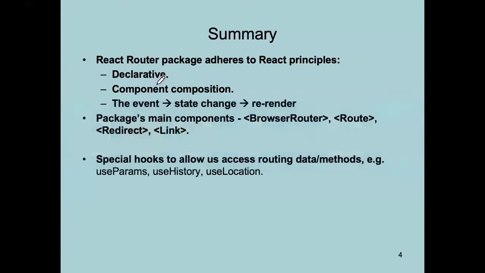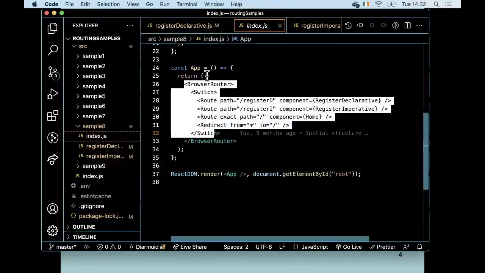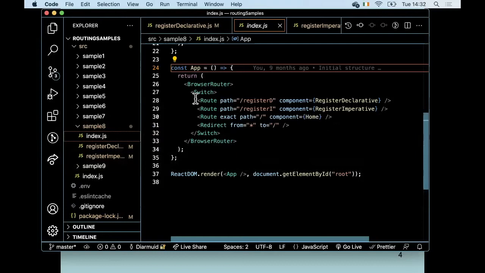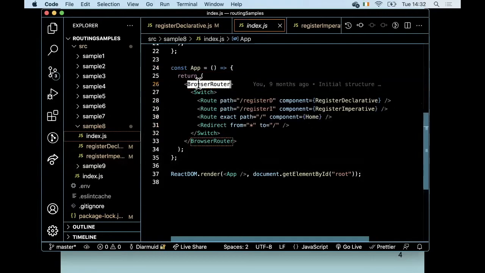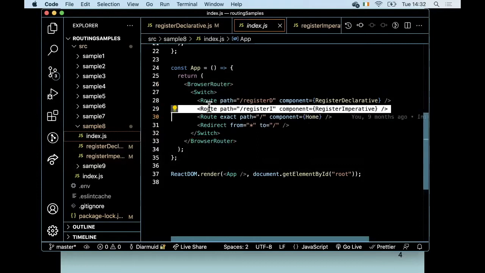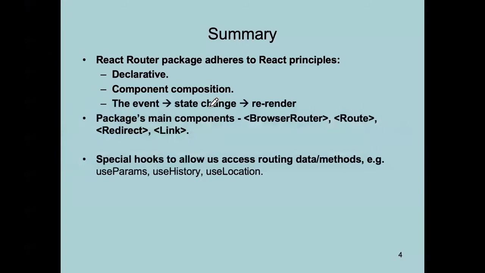As well, it favors component composition. Well, there is composition going on. We're composing this with this component. And we also, as you know from last week, we can use the root component. We could compose it with our own components if we have nested roots, if you remember from last week. So it follows the kind of React programming model, both declarative